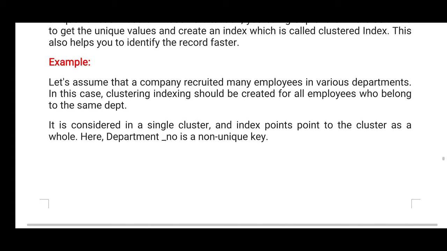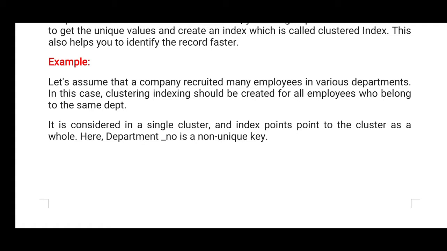Let us assume that a company recruited many employees in various departments. In this case, a clustering index should be created for all employees who belong to the same department.